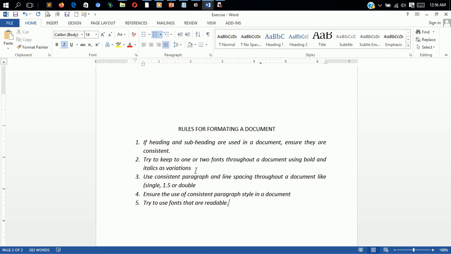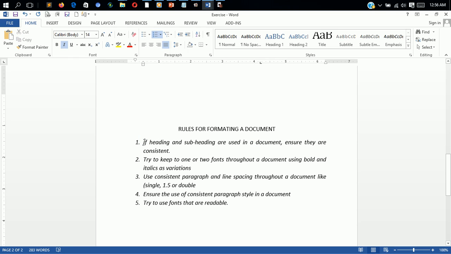It therefore means that before you format or delete a text, you need to select the text. So we can just highlight this way, or you place the cursor at the beginning,